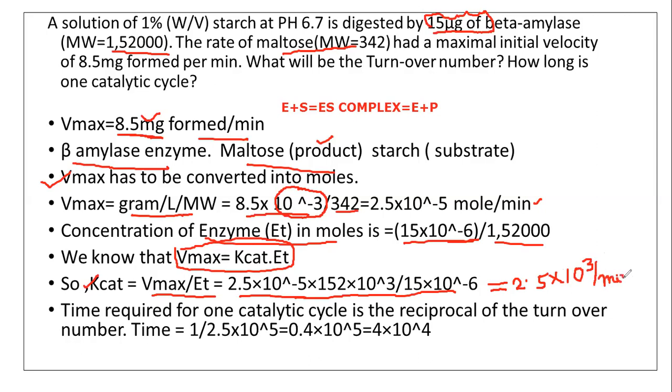This for Kcat or turnover number. Turnover number equal to Kcat equal to Vmax by Et. So put that. Now this expression, if you consider, it will come